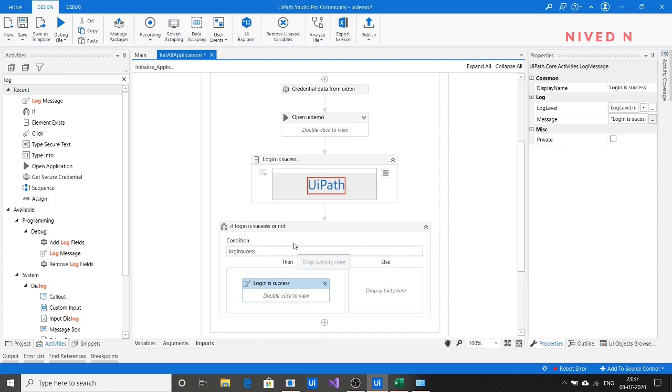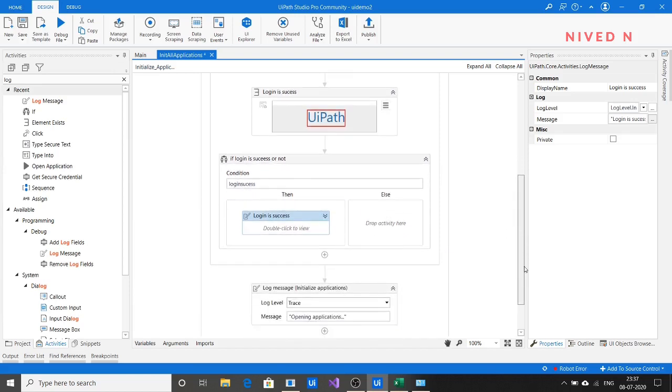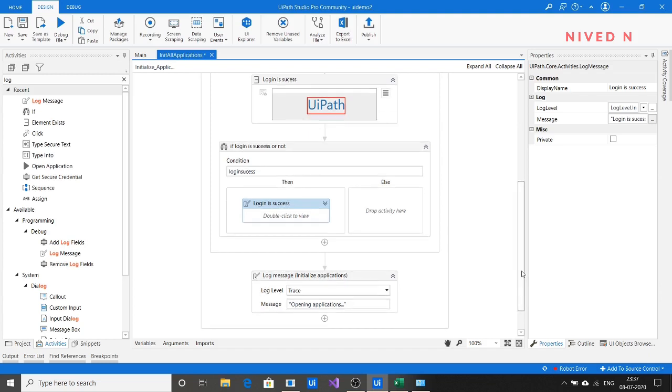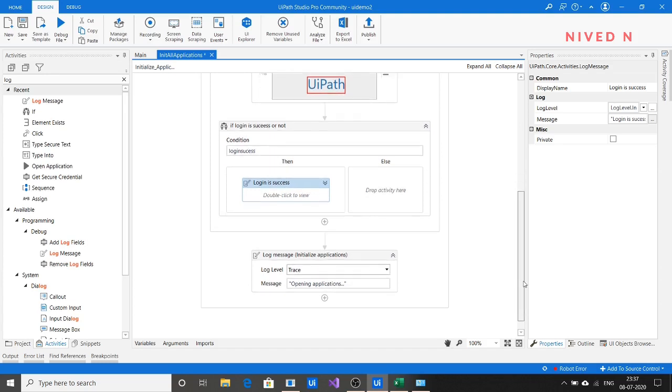Now if the login is not a success, for example if you provide incorrect credentials, the login will not succeed. So what you have to provide here is to throw an exception stating that due to incorrect credentials we are not able to log into the system. Why we provide this exception, I will tell you later after completing the automation, because when you complete the work fully you will understand its use.